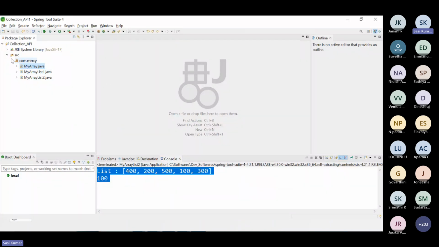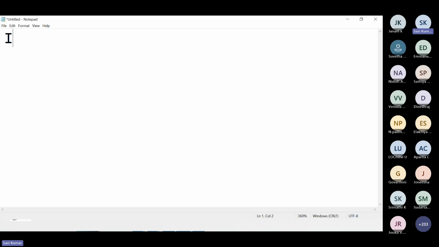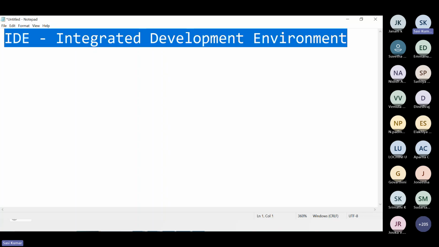Consider we are going to use an IDE called STS, Spring Tool Suite. I can say again what an IDE is. In the earlier days, we used to develop Java programs using Notepad. IDE is nothing but Integrated Development Environment. It means it is giving an environment to develop your applications or projects.